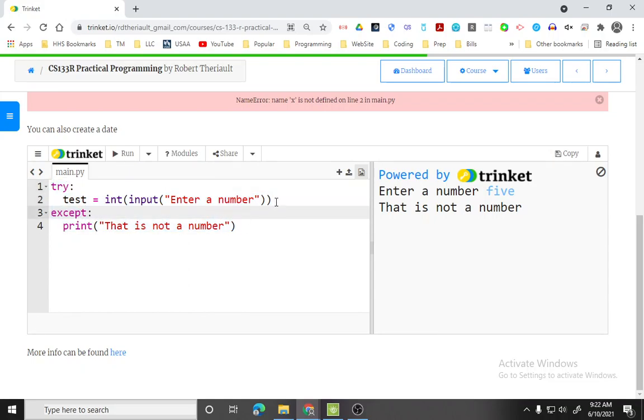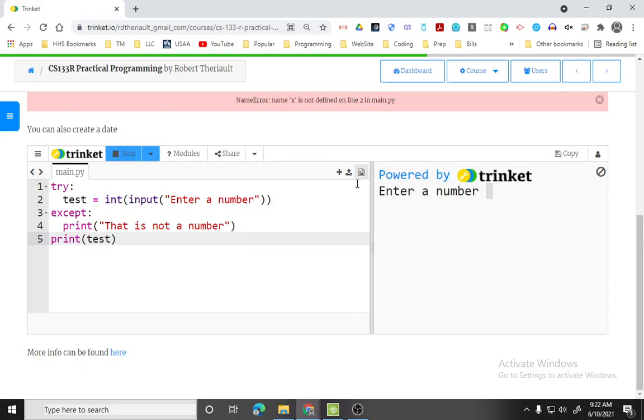You can use it for error or input testing, right? If they don't actually put a number in here. So if I type in 5, there's no error. That worked, right? The code will keep going, and I can go back here and print test. So I run this, I have 5, it will print 5. If I run it and I type in 5, oops, I do that a lot. If I type in 5,